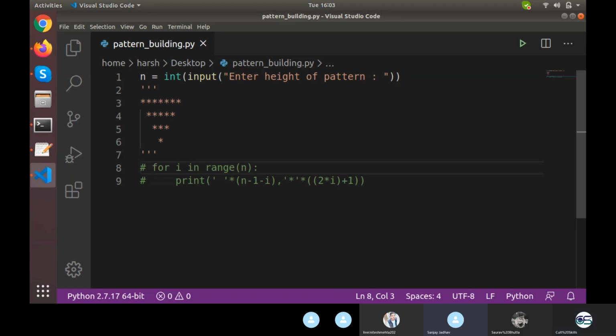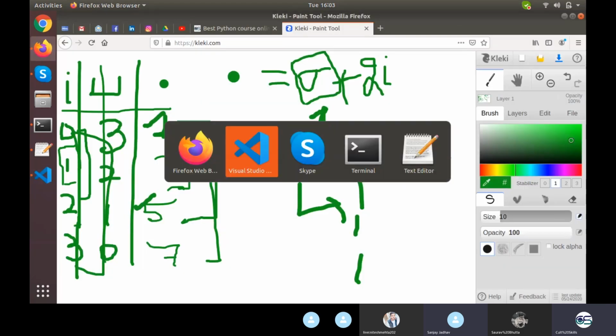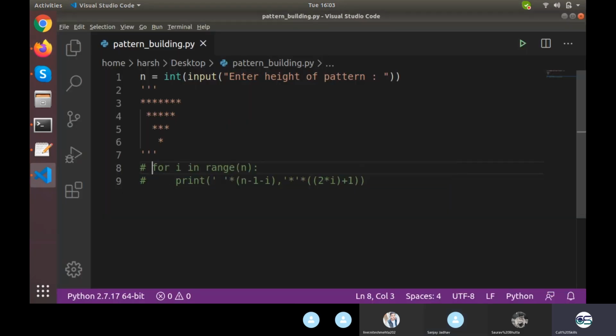Here only the value will change, 2 into i. It is only i plus 1. Yeah, I don't know about that. You need to make it and you need to give me a screenshot. Take your time. Just solve the logic as I have solved it right here. If you take it orally, it might confuse you. So solve the entire logic.